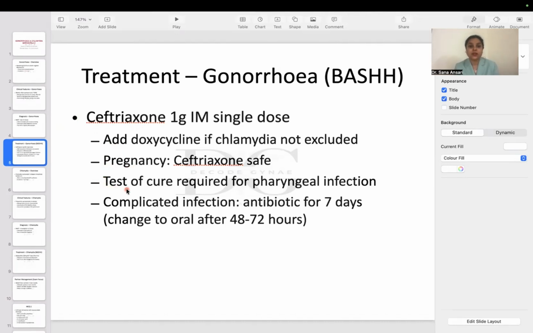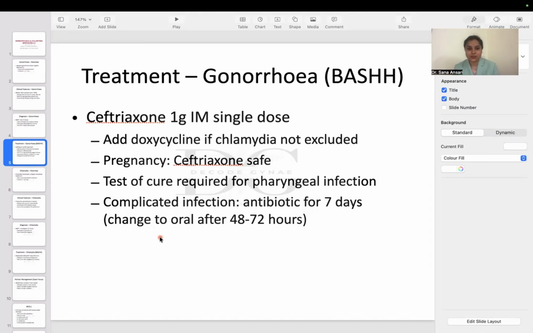Another important question. Now, if there is a complicated infection, the antibiotic instead of a single dose is given for 7 days. Change to oral form after 48 to 72 hours. So initially we give IV or IM, then we change to oral form after 48 to 72 hours if the patient is improving. So the clinical scenario usually comes as pain in the lower abdomen, fever, mucopurulent discharge, and they'll